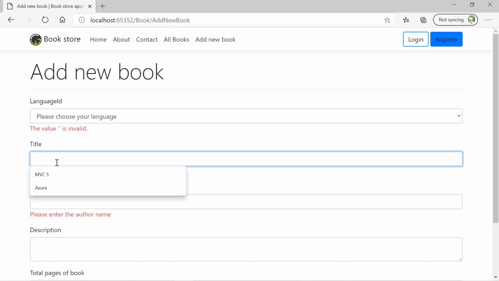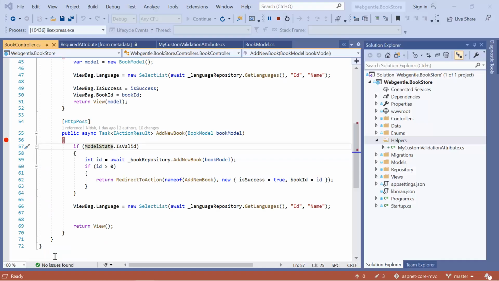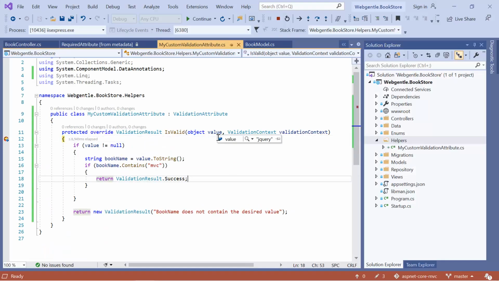This time let's enter some wrong data. So suppose here I'm writing jQuery. Click on the continue button. And this time you can see that into the value field we are having jQuery. Click on the next button. So it is not null. Perfect. Let's click again on the F10.